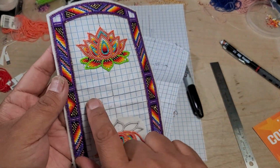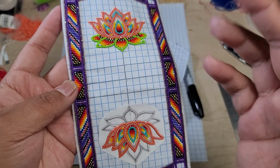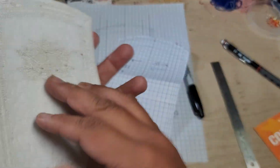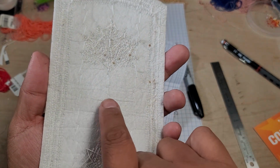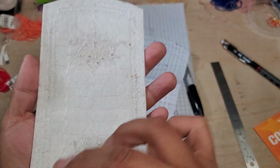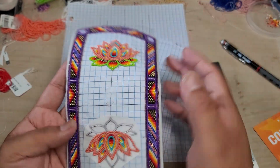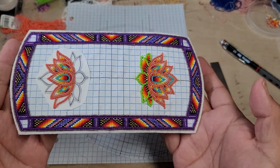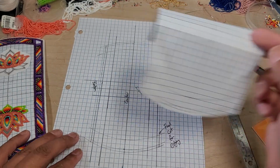And I just tack the graph paper down to it. As you can see, it's tacked down roughly every 3/4 to 1/2 inch all around. You can see in the back, I do like 1, 2, 3, 4, 5 rows of it up and down, and I just sew over it. The paper doesn't come off, the paper stays, just so I can keep all my lines straight. You can see in other videos, but that's roughly what the